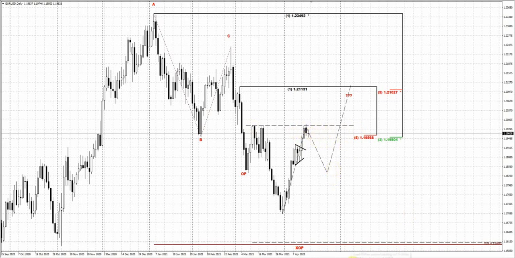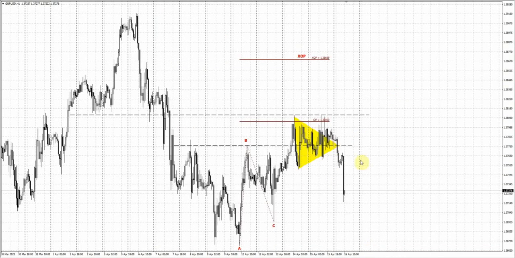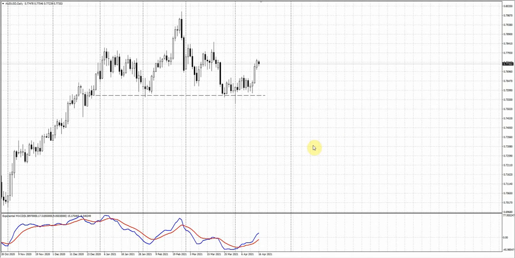On the cable, the setup that we discussed yesterday was not able to form. As you can see, the market has been trying and challenging this resistance, but wasn't able to break it. And here was the first sign that the overall short-term bullish context is over. As we said, if the market breaks this triangle down and returns back below this area, coming somewhere in the middle to the C point, this context is not valid anymore, and you can see the market is dropping.